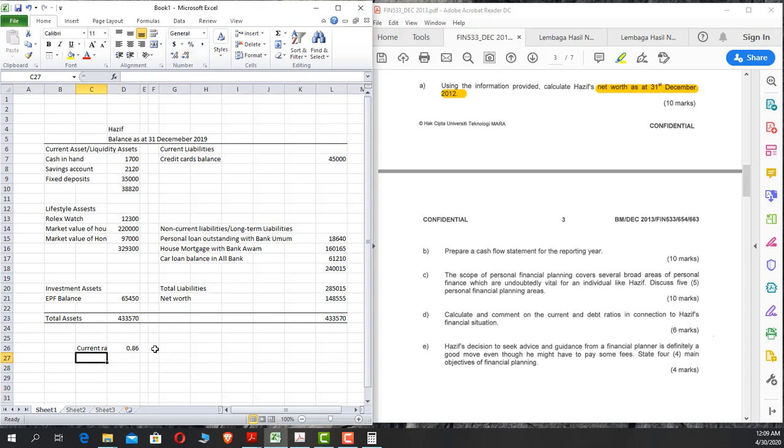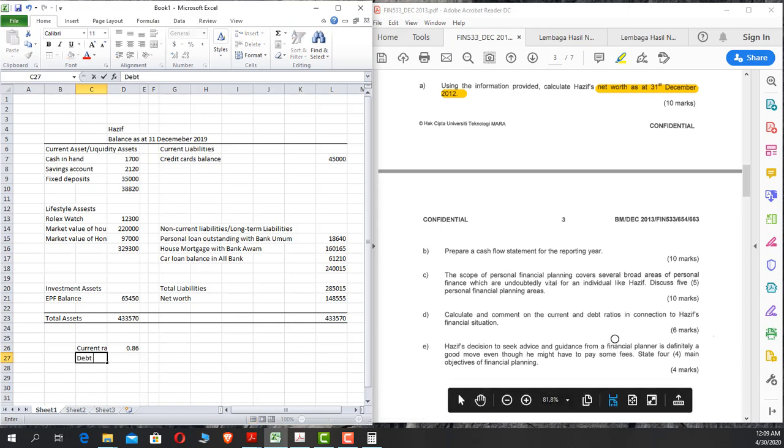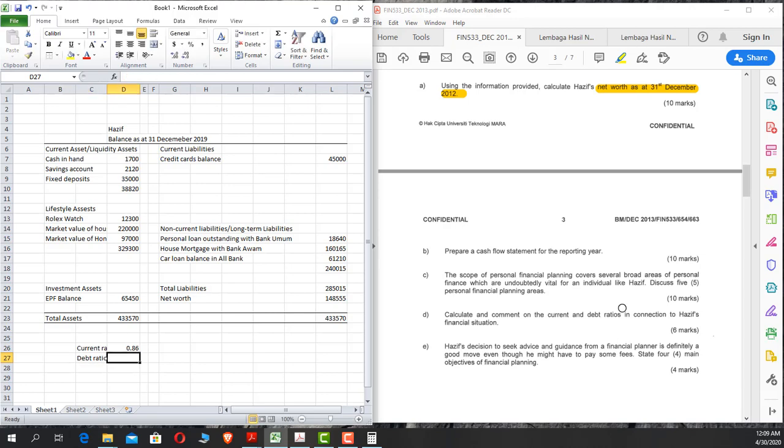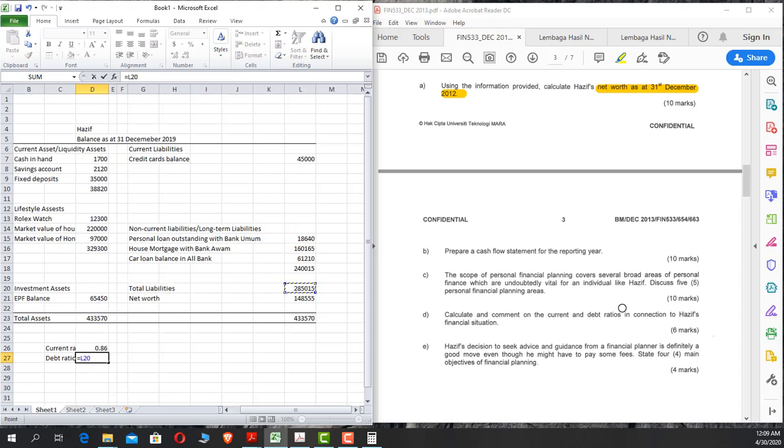Okay, and then your debt ratio, based on your total liabilities bagi dengan your total asset. Okay, so this is your debt darab dengan dalam persen. So 66%. That's inilah based on your, so awak tengoklah, awak bagi tahu ialah the current asset for Encik Hazif